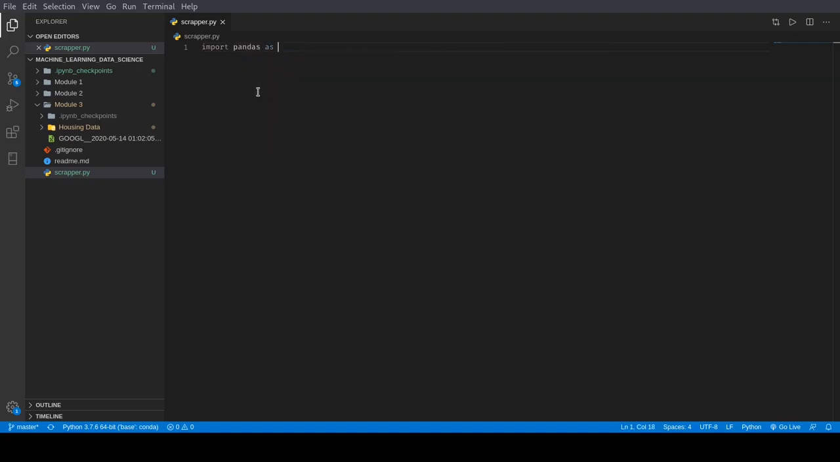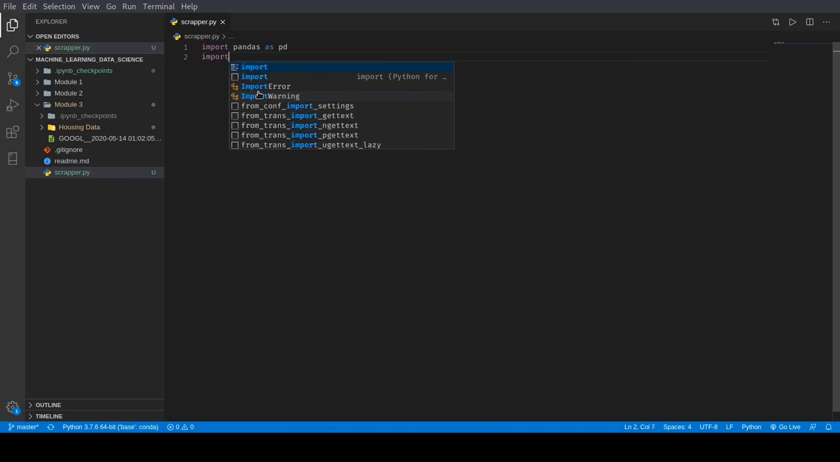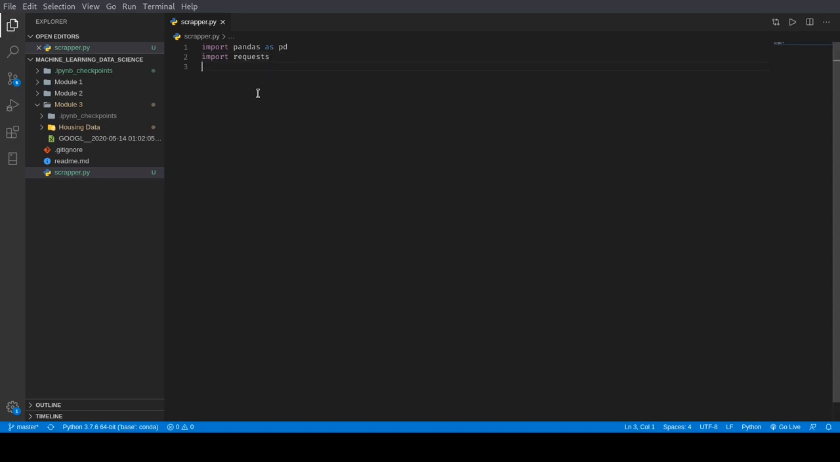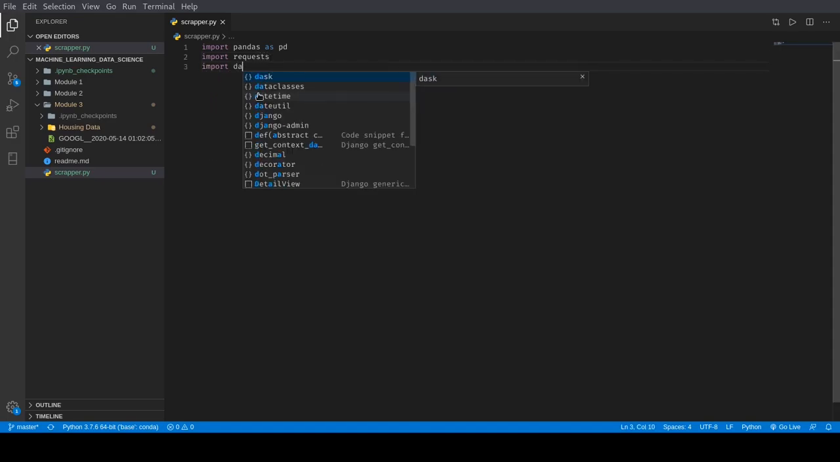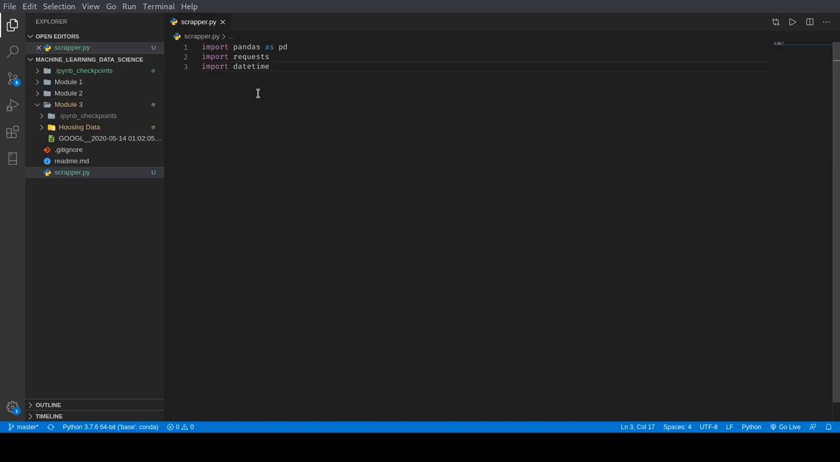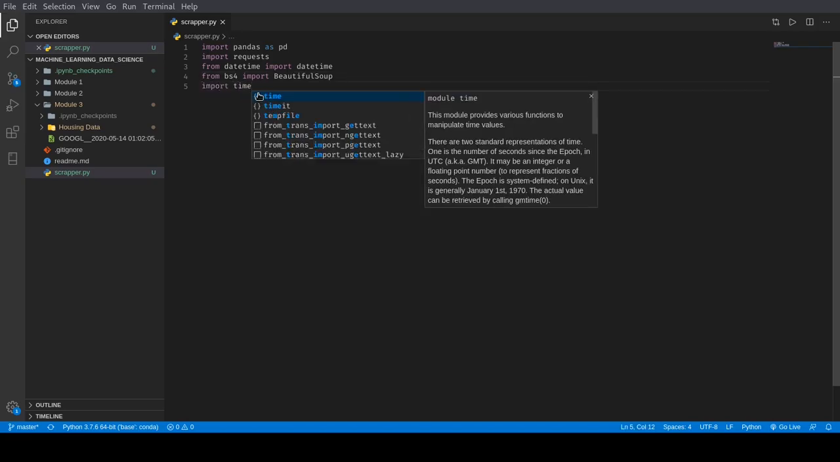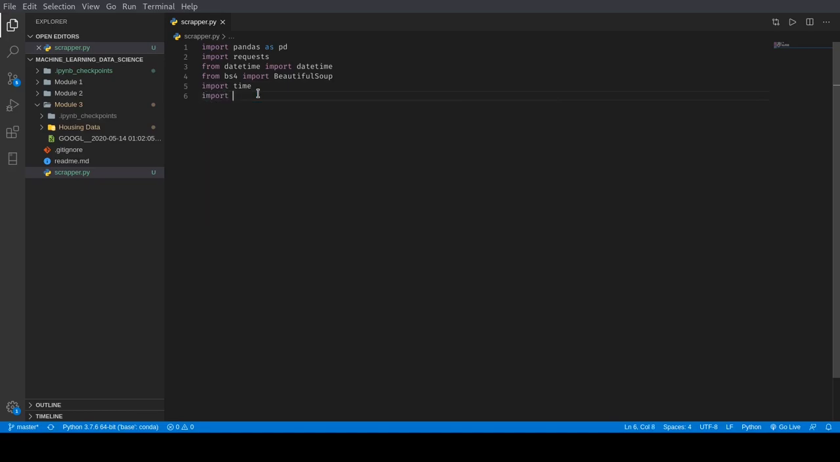So import pandas as pd, import requests, import datetime, then from bs4 let's import BeautifulSoup, and we will be needing time as well. So I'll just explain